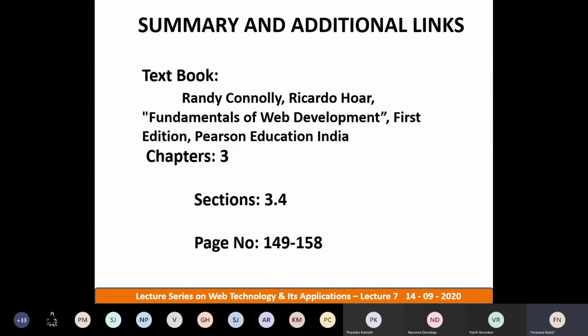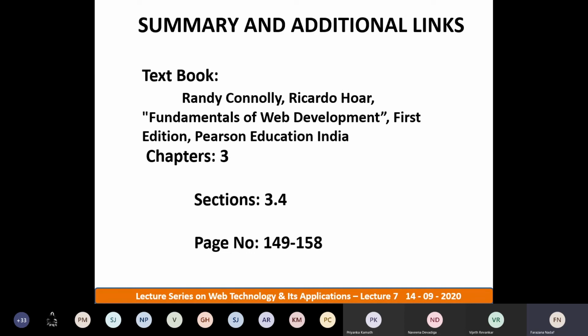In this lecture, what we have studied are the different ways of adding selectors to web pages. The selectors, how many types are there? There are 6 types. The element selector, which is for a specific element. The class selector, where any number of elements can be applied. Then the ID selector, which is defined using a hash and is only applied once in a page.